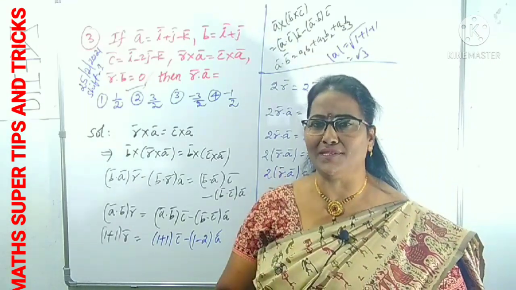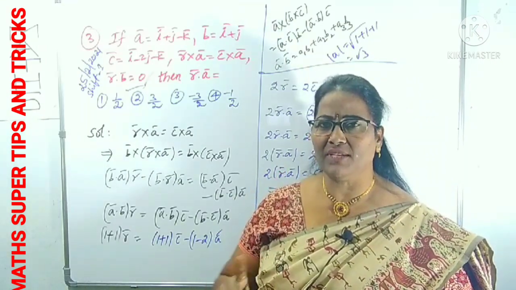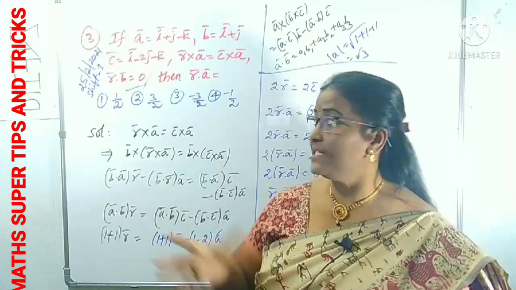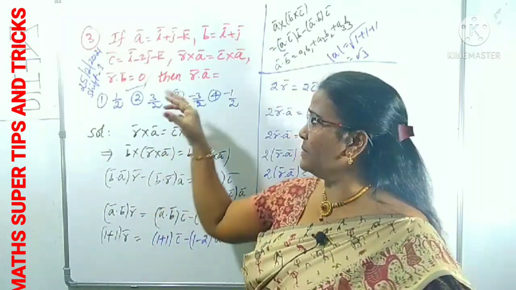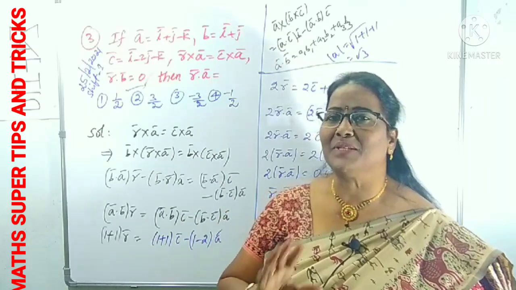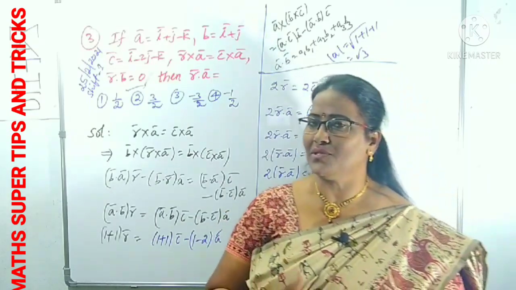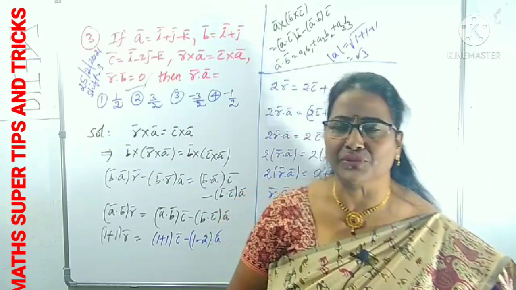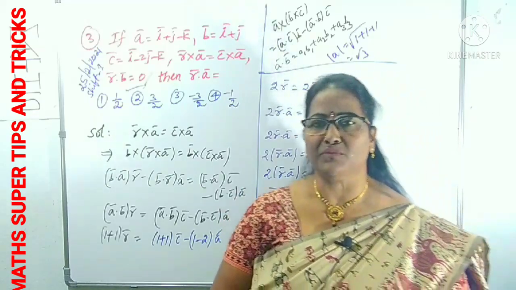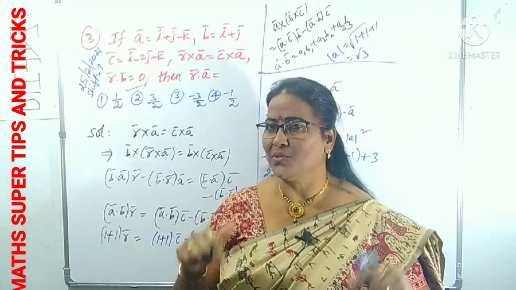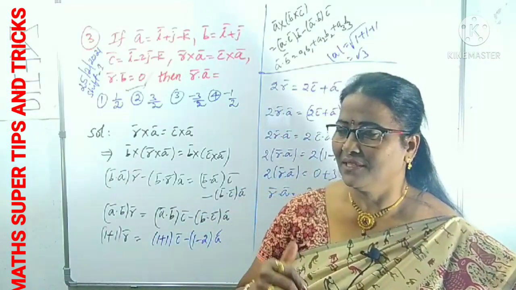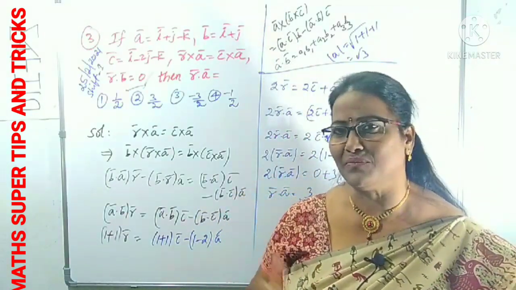You just have to concentrate on the vector triple product as well as the dot product. That's it. This model is very, very important. You may change the letters, you may change the vectors, but the process is the same. Same model questions I already did in previous videos. If you have not yet watched my previous videos, please watch, the links are in the description below. Right? Now we'll move forward to some more questions.